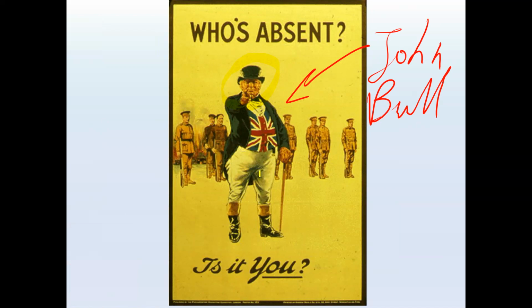It's not about class. He is upper class, he's middle class, he's lower class. It's not about class. He's not rich, he's not poor, although certainly his rather smart outfit indicates that he's not impoverished. He's wearing the flag proudly. He is John Bull. He's slightly portly because, like Britain, he is wealthy and well-fed, and a successful British empire. And again, John Bull is asking you, were you absent during the war?